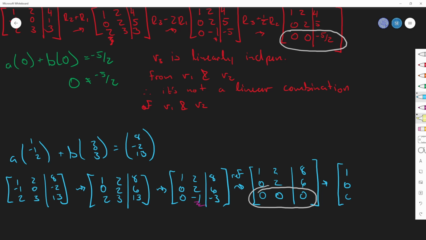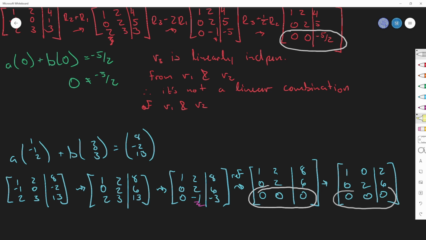1, 0, 0. Well, zeros stay the same. And then this would be 2, 6. And then this would be 0. So negative, negative, negative. 8 minus this would be 2. Okay, cool beans. So yeah, we have a row of zeros, and so what that means is we are going to have